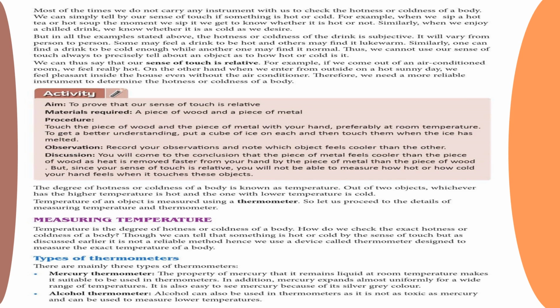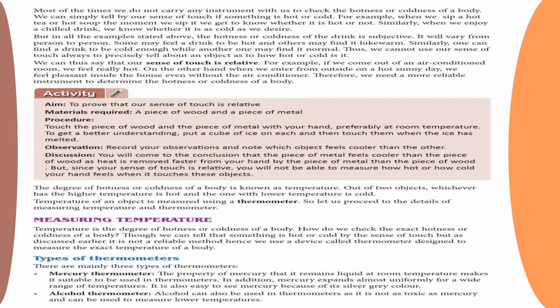Measuring the temperature. The degree of hotness or coldness of an object is known as the temperature of the object, and the temperature of an object is the only property that indicates which object is hot and which one is cold. A high temperature of a body indicates that it is very hot, whereas the low temperature of the object indicates that it is very cold. Example, the temperature of boiling water is quite high, so boiling water appears to be very hot. On the other hand, the temperature of melting ice is quite low, so ice appears to be very cold on touch. There are various types of thermometer.